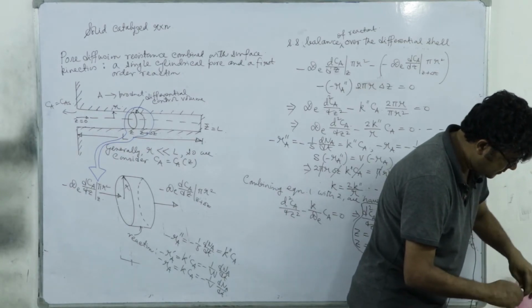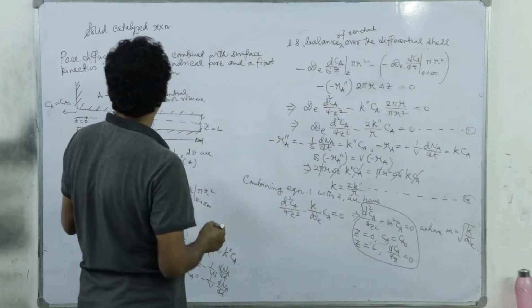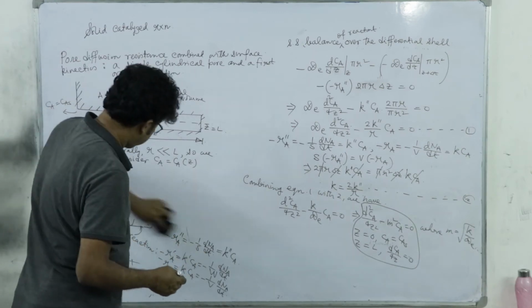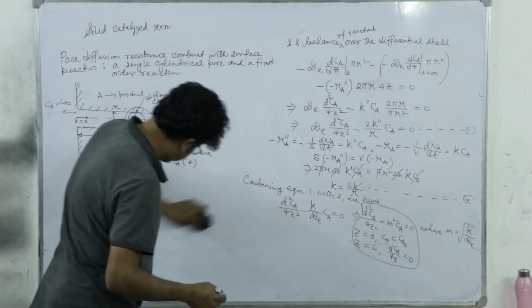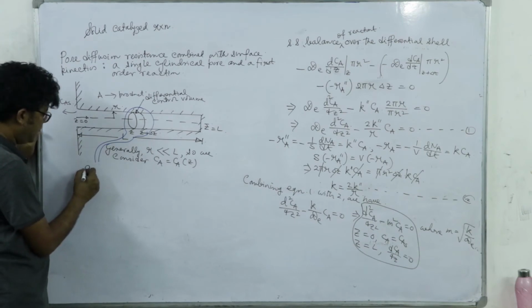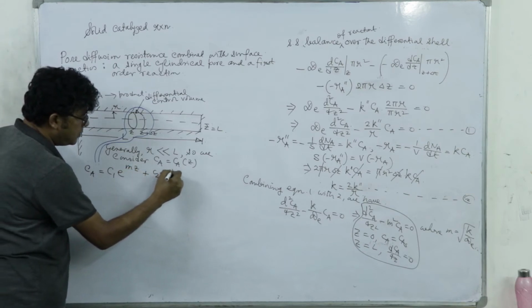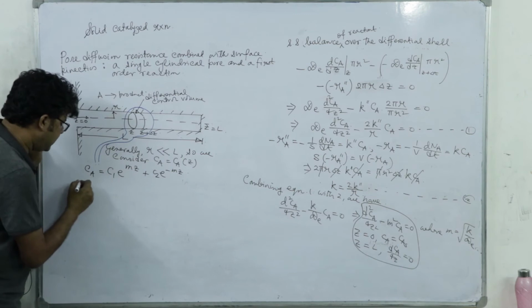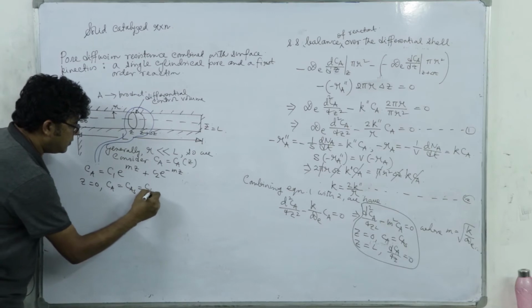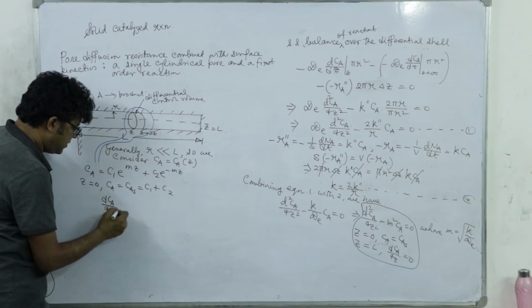So, the solution is, let me erase this part. The solution is Ca equal to C1 e to the power mz plus C2 e to the power minus mz. So, you see at z equal to 0, Ca equal to CAS is equal to C1 plus C2, and dCA/dz